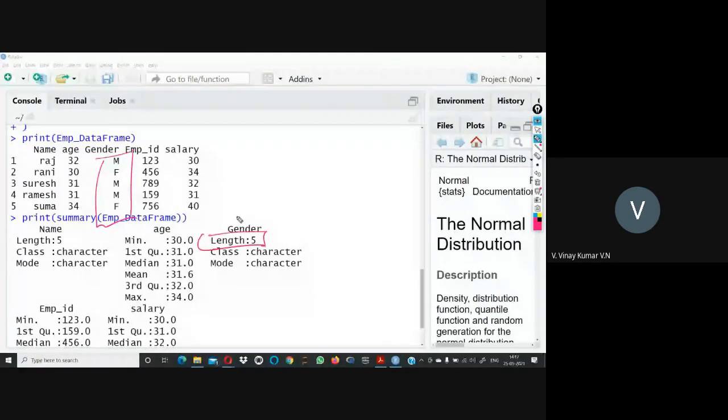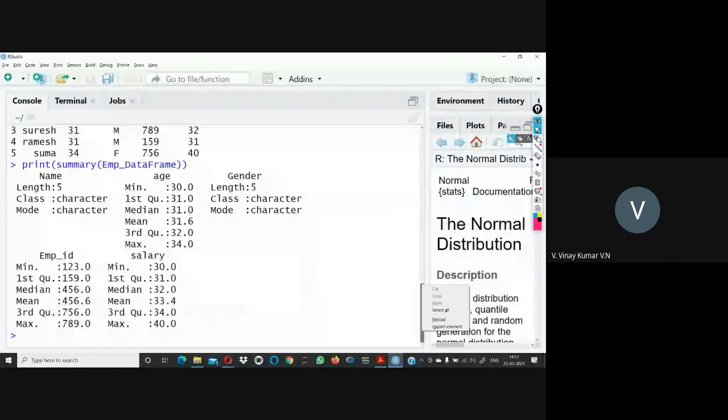Again, if you see here, employee ID is a numerical column. That is the reason it is getting calculated, like mean, median, mode, and quartiles. Because we are saving employee ID as a numerical value. If you want to make it a character, you just keep those numbers in double quotes, so it will treat it like a character. Let's see now. So here 1